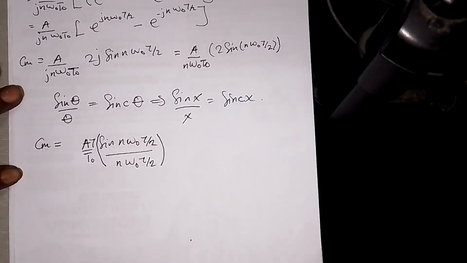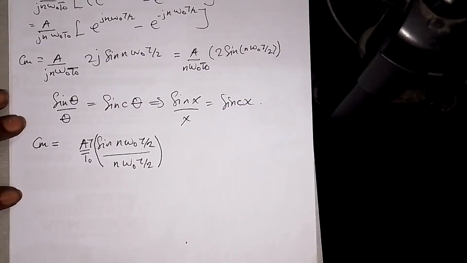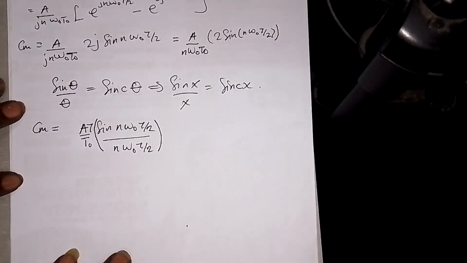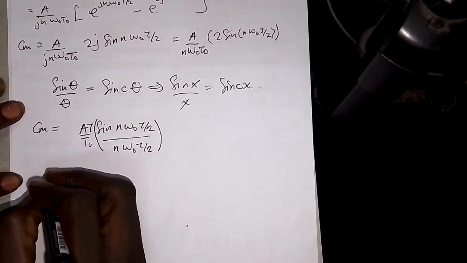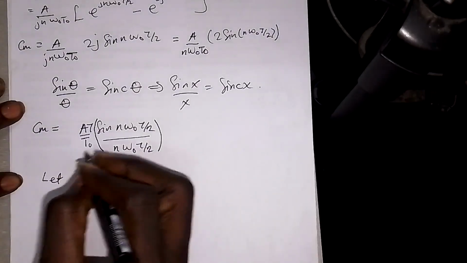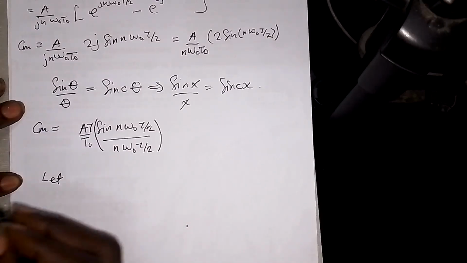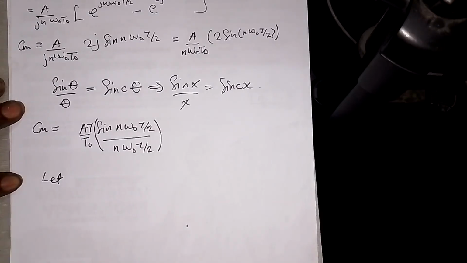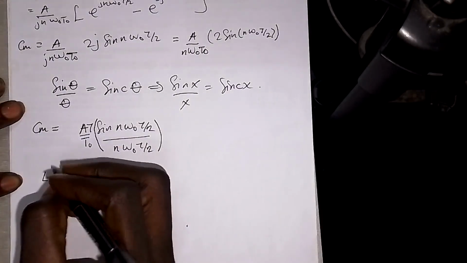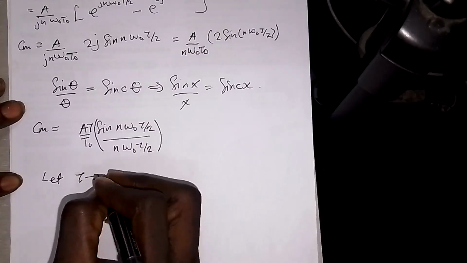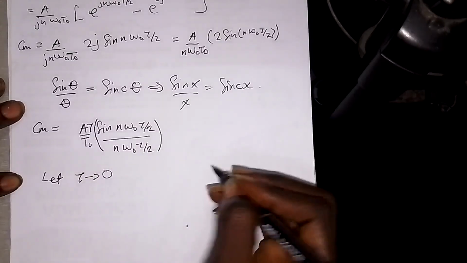So now let's see further. This will not be the end of our answer. You see that our original equation came from the impulse train function, and in the impulse train function, the width, which is the tau, is almost 0, and the area is almost only 1. So now let's say tau approaches 0. If tau is approaching 0,